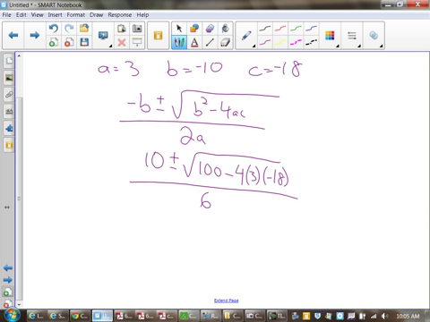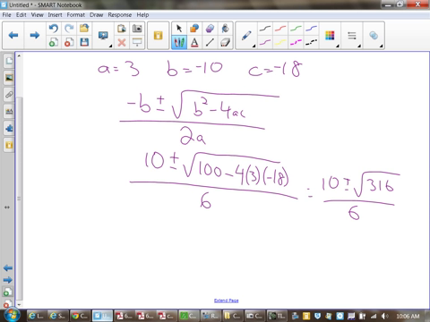216, so it's 100 plus 216, so you get 10 plus or minus the square root of 316 over 6, and then it's just a matter of simplifying it from there. What question? That was 13. Were you missing signs? I don't know. I guess when I put it in my calculator, I just put in